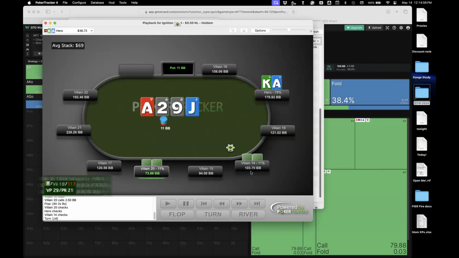Now, probably, if he checks here after it's gone check, check, check, I think a lot of flush draws bet here. Yeah, I think that's a good point. We've shown weakness. He can still get there and he can get a fold. Yeah, that's a good point. As well as the river, that he didn't bet the river, so even more of a